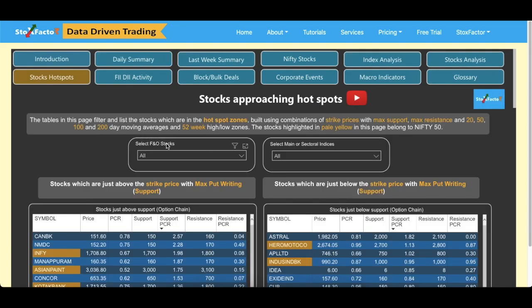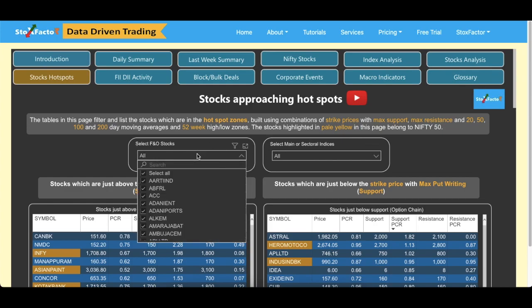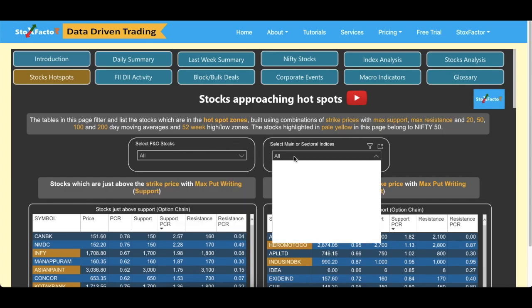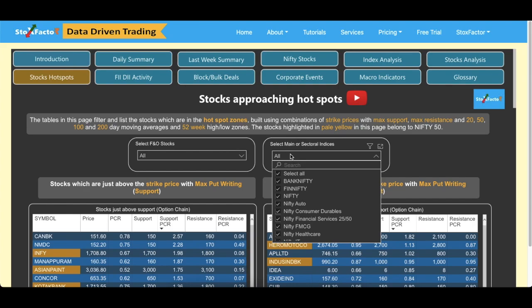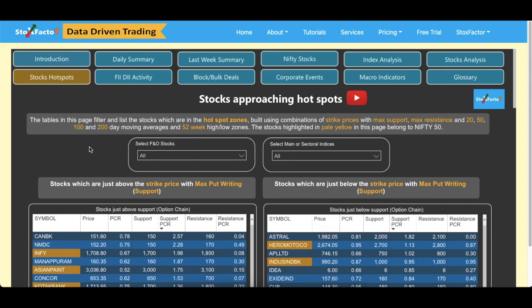As you can see on the top, we have added two filters. One filter is to filter down the stock itself. And the second filter is if you want to filter the stocks related to any particular sector or Bank Nifty, Fin Nifty or Nifty itself. It will help you to filter down all the stocks related to these sectoral indices and the main indices. Now let's quickly discuss the newly added filters which will really help you to filter down the stocks. So let's start with the first one.